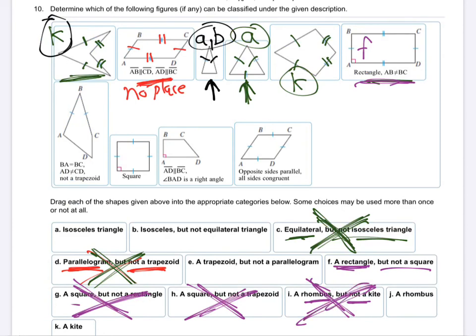So is there anything else we can do for rectangle? Is it a rhombus? Yeah, it is. It fits both those categories. It's a rhombus. Rhombus means 4 sides. A rectangle. Oh, no, that's not true. I take it back. It's not. A rhombus has to have all 4 sides equal, doesn't it? Rectangle only has top and bottom and right and left. It's not. It's just F. All right. We are going to have